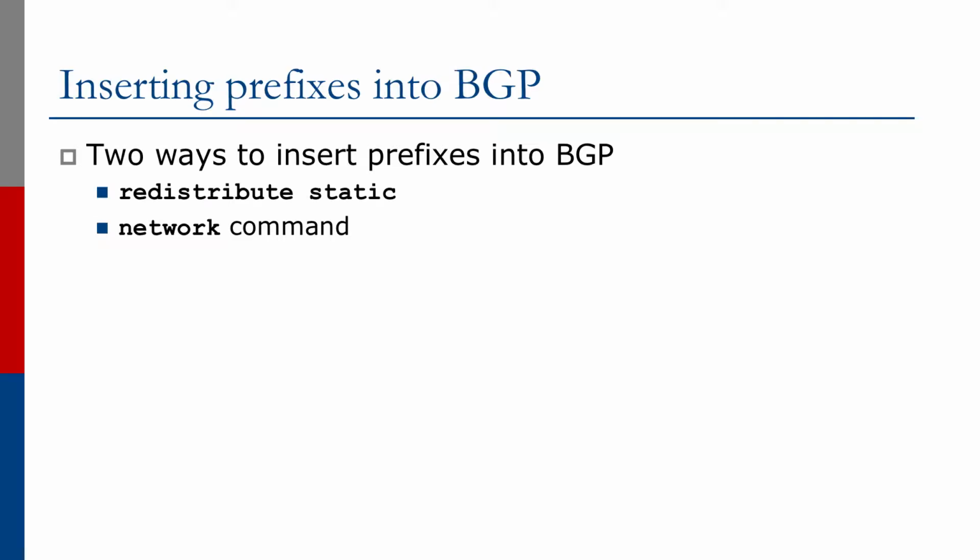We're now going to look at how we insert prefixes into BGP. In these examples, we'll use Cisco IOS for the configuration example. Your vendor, your own implementation may use very similar syntax, or at least similar concepts in the syntax. In IOS, there are two ways to insert prefixes into BGP. These are commonly used in the internet industry today by network operators, and we'll take a quick look at the